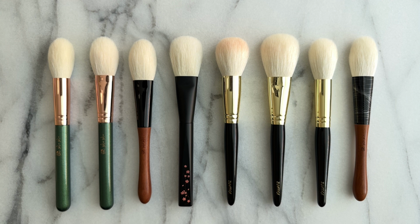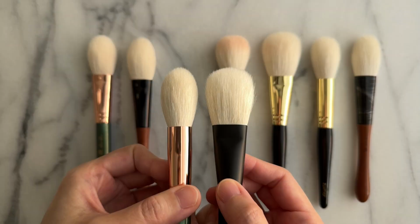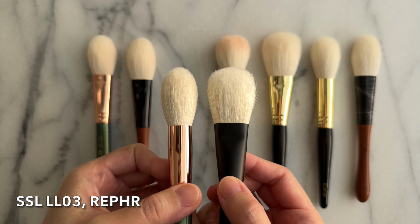The 2020 and 2021 Shou and Zuvmor brushes are less bleached and more yellow. The brushes with more yellow heads are these three and these three. All of the Chinese brushes were in brush guards or plastic wrap. Here it is with the LL03 on the left,